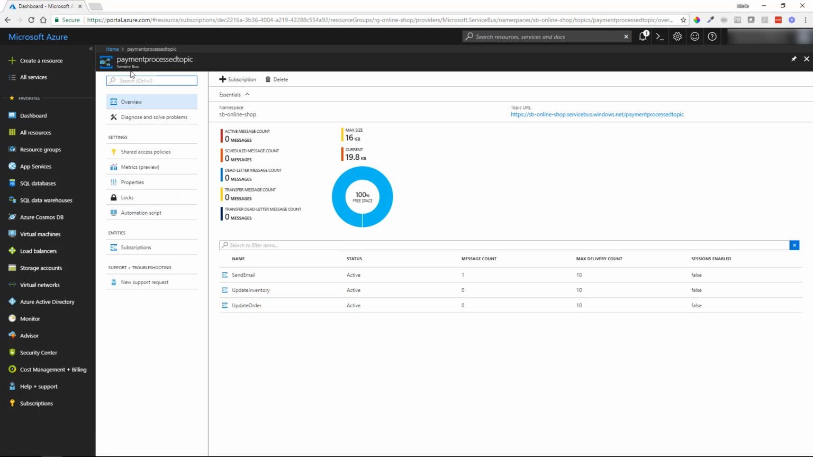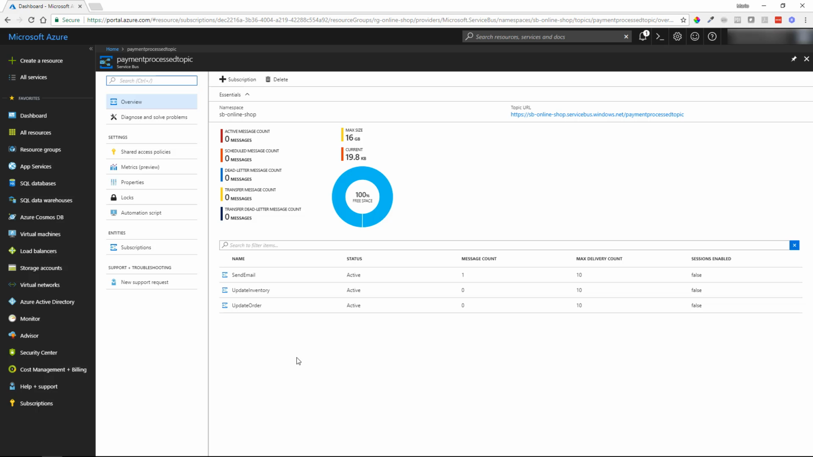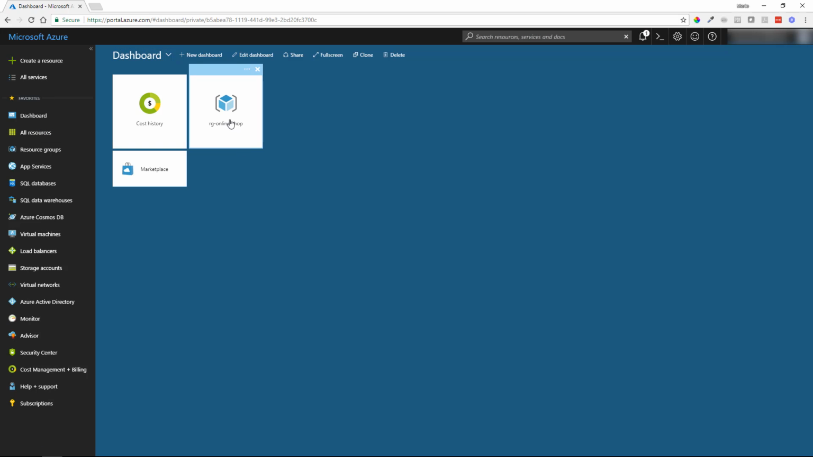And in our Azure Portal, we'll refresh the page again. So we see one message. It's still from the first order because the payment processed topic never received the message because we never processed the payment. But if we look at a different topic,